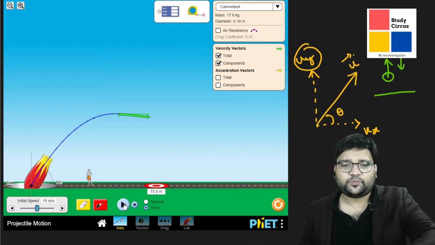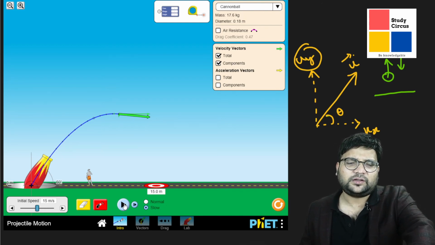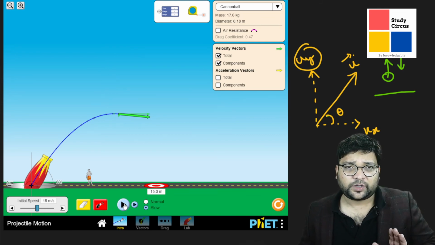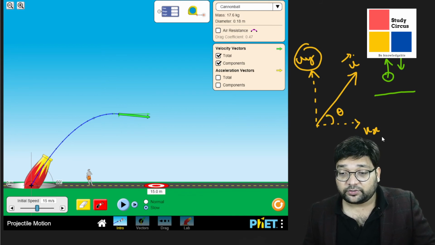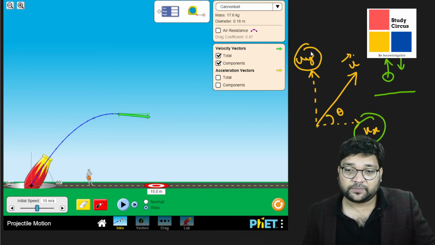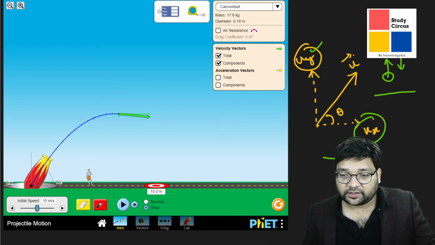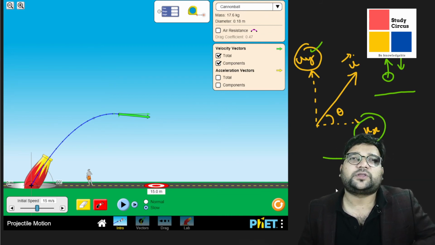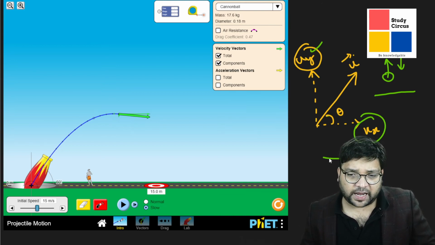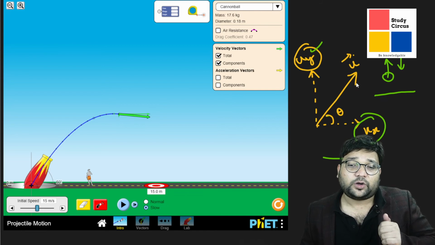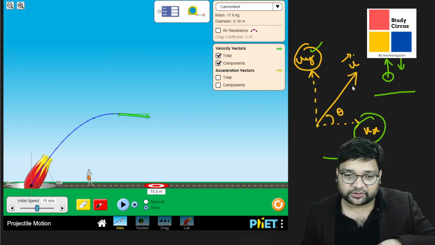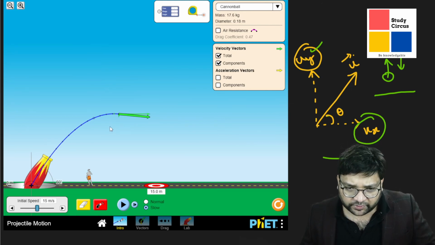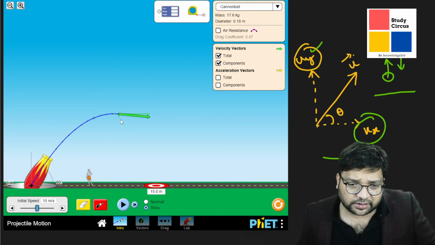So at the highest point, it has become zero. It is not exactly the highest point, it is a little later, but still you can understand from here. Now again see what is happening at the topmost point. At the topmost point, only the horizontal part remains, the vertical part totally becomes zero. So this is the vector at the topmost point, the same as the velocity vector, because that is the only component. And after the highest point, because there is an acceleration, it will start gaining velocity in the vertically downwards direction. Now you'll see the downward component, there is a little bit here.